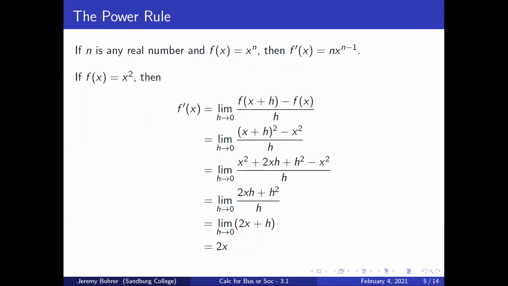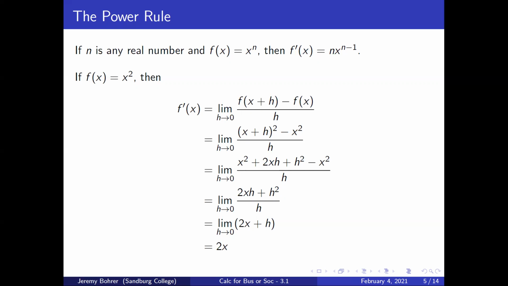The power rule. If n is any real number and f of x equals x to the n, then f prime of x equals n times x to the n minus 1 power. If f of x equals x squared, then f prime of x equals the limit as h approaches 0 of f of x plus h minus f of x over h, which is the limit as h approaches 0 of x plus h squared minus x squared over h, which is the limit as h approaches 0 of x squared plus 2xh plus h squared minus x squared over h, which is the limit as h approaches 0 of 2xh plus h squared over h, which is the limit as h approaches 0 of 2x plus h,